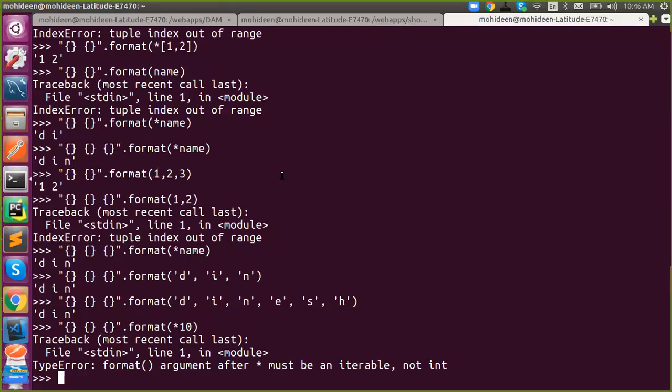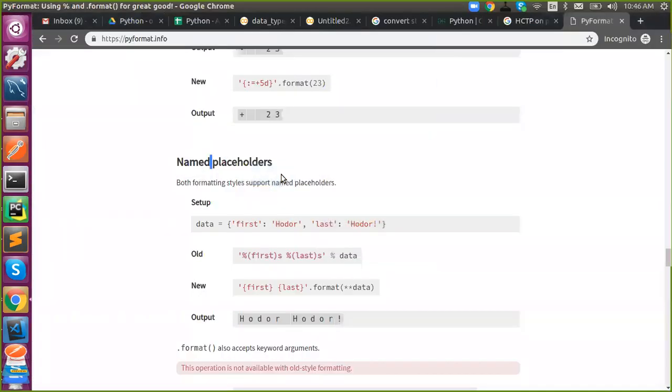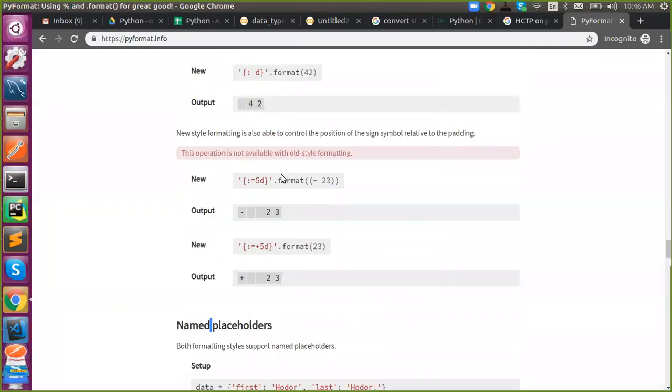So the next, this is all about old and new formatting. For more practice, you have to practice yourself, and we have a lot of content over there. Please do practice what each one is going to do. Even while you're seeing an output, you will easily get it, but please do practice yourself. Then only will you have a clear picture of it. So please do practice, and if you have any doubt, please ask me.